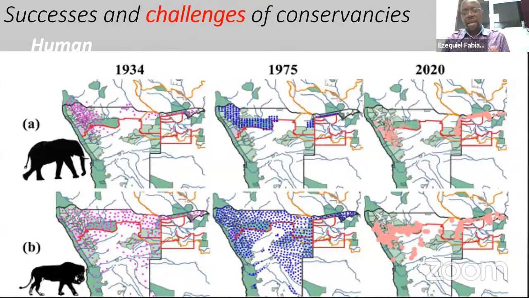But as I already mentioned, this figure here really shows, in terms of elephants, if we look at three different periods, and if you remember the initial graph of the human population that is mostly concentrated in the northern part of the country, and we look at the 2020 graph, we can see that there is a high abundance of elephants in this section of the country. But this equally is an area where there is a high human density. So these are some of the challenges that conservancies are facing.